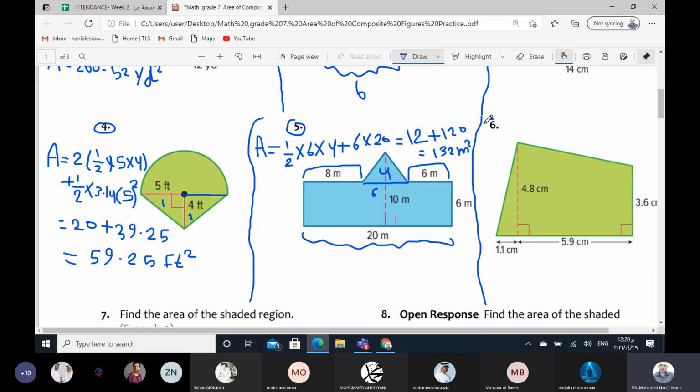Exercise number 6 here. For exercise number 6, we calculate the triangle alone and the other shape separately. Okay. So here we have the triangle and here we have not a square, here we have a trapezoid. Sorry, trapezoid. So the first step,